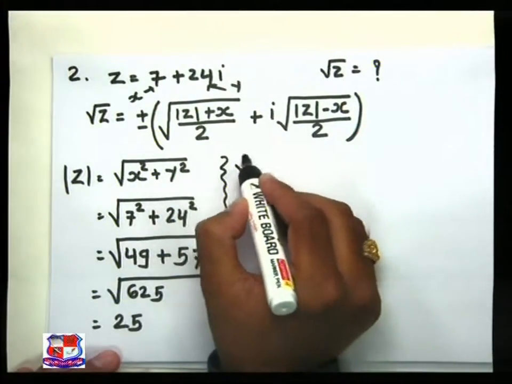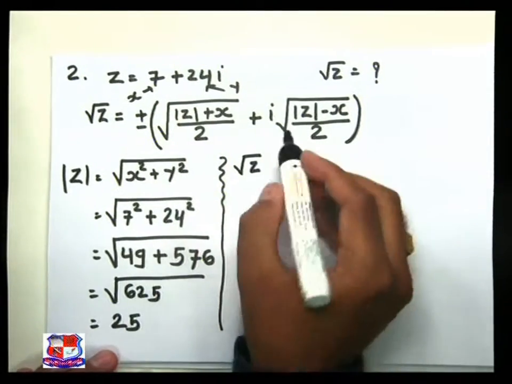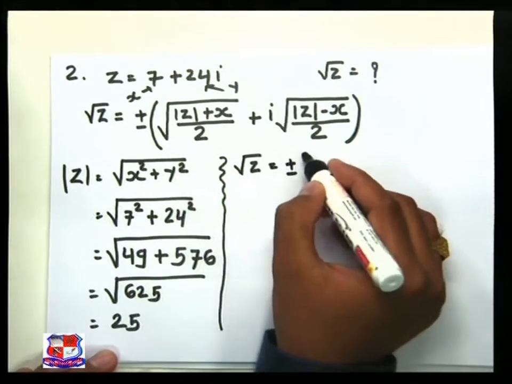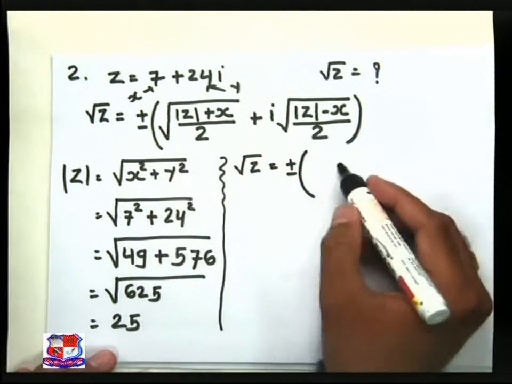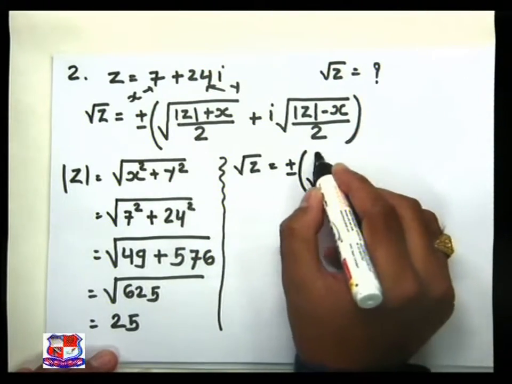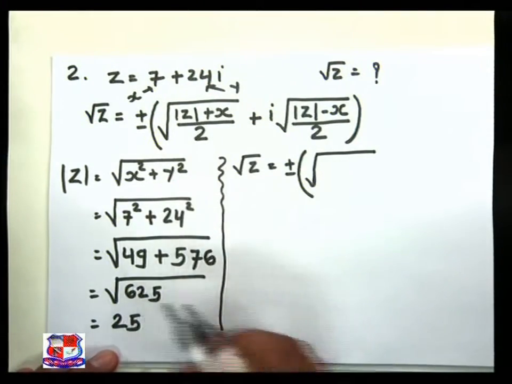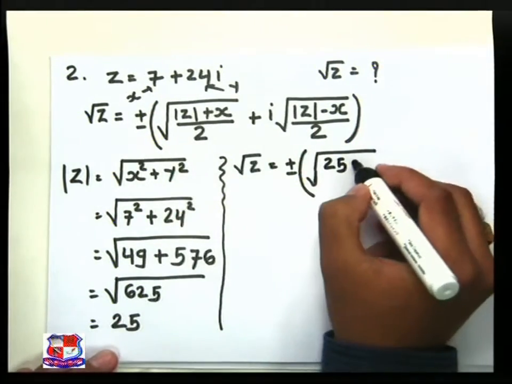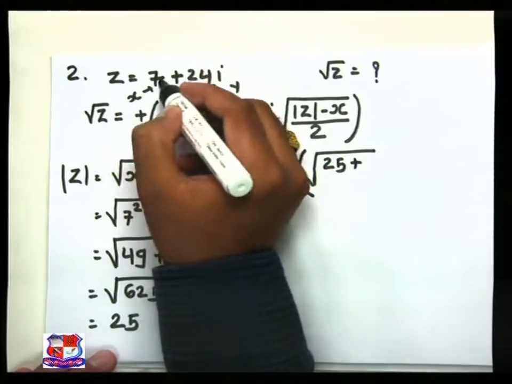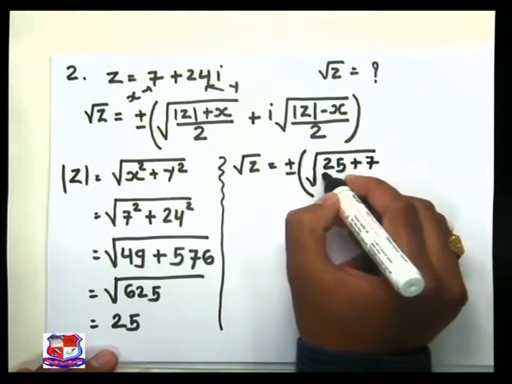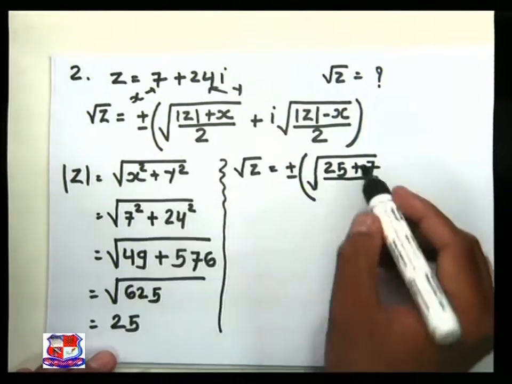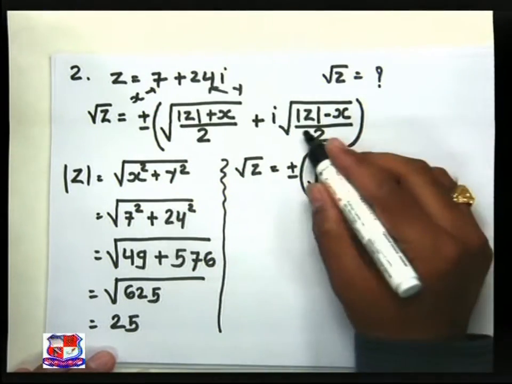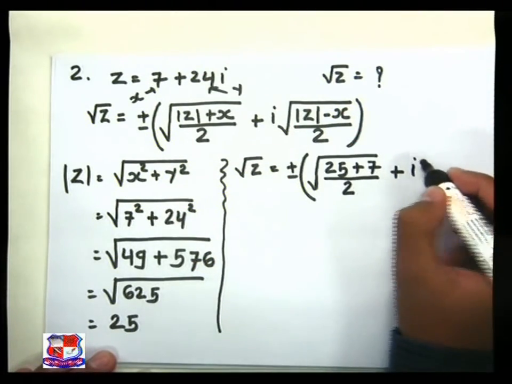So under root of z is equal to plus or minus under root, mod z that is 25, plus sign as it is, x value that is 7, divided by 2, plus sign here as it is, I as it is, again under